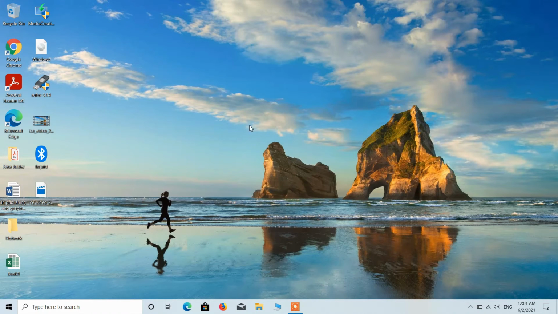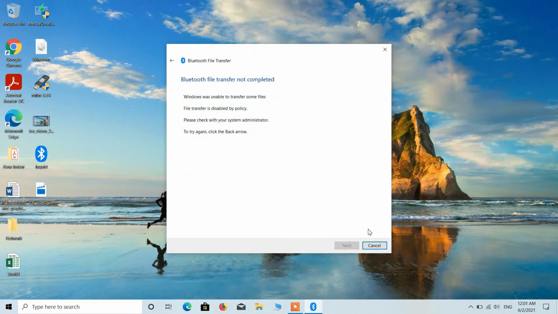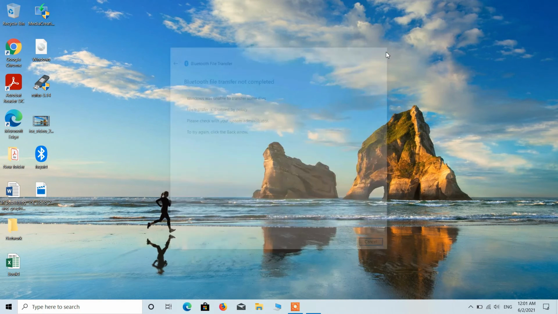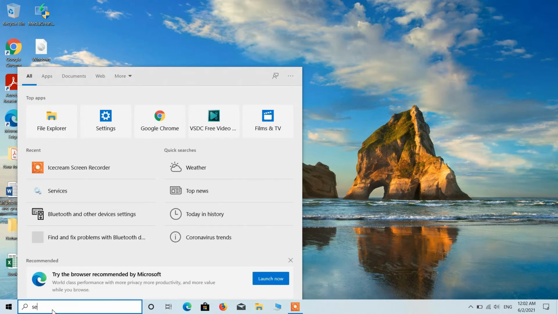Now let's look at the problem number 2, that is problem in sending or receiving Bluetooth files. So just go to the Bluetooth icon, right click over it, click on receive a file option, and if you are facing errors in transferring the Bluetooth files like this, then the way to resolve this problem is just go to the search bar and type services.